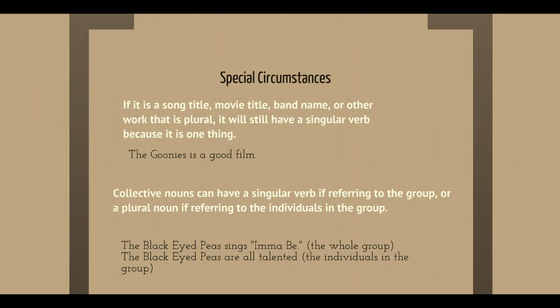So I have to use that plural verb because I'm talking about each individual member. So those are our special circumstances with subject-verb agreement to watch out for. But the easiest thing for you to remember is simply singular with singular,